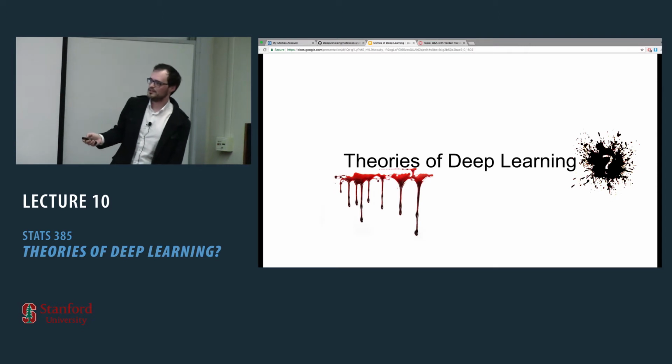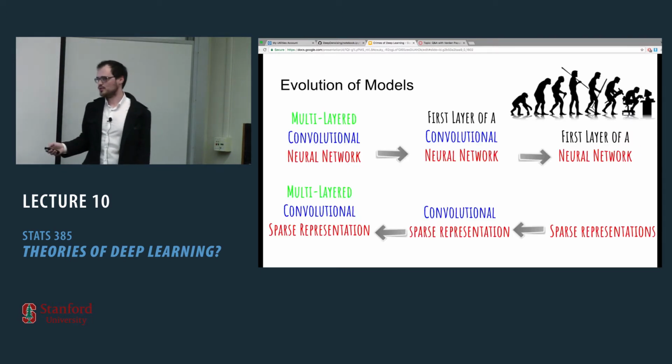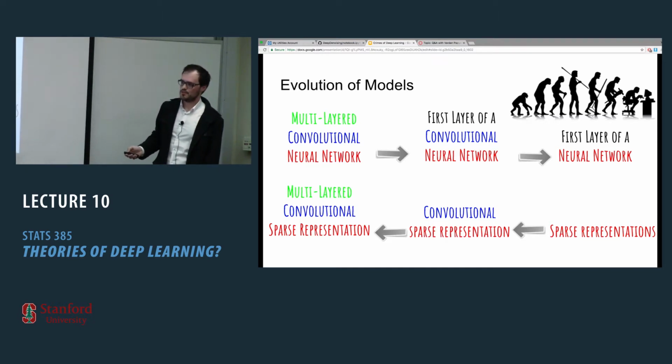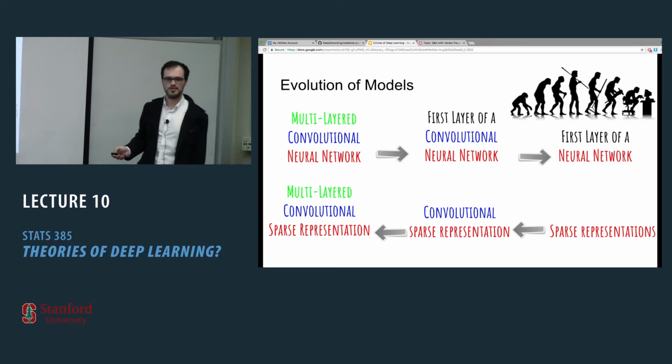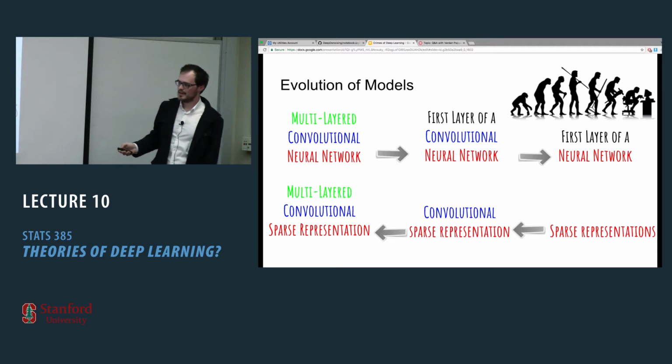Partially. Okay, so this course is on theories of deep learning. Thus far, I haven't presented any theory, so let's move to the theory part. There's this sparse representation field, where I've shown an evolution of models from sparse representation to convolutional sparse representation to multi-layered convolutional sparse representation. Now, what we have is a theory of sparse representation, and we would like to use this theory to explain multi-layered convolutional neural networks. To this end, we need to take this theory and extend it to both convolutional sparse representation and multi-layered convolutional sparse representation.